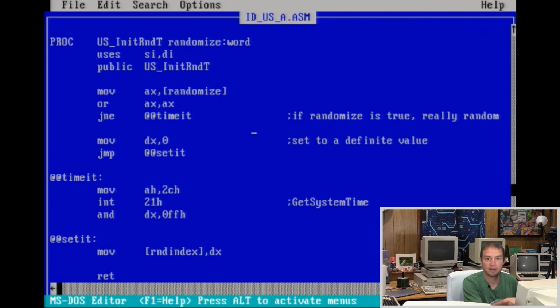And I got lucky on that grep with the 2ch. If that hadn't worked, I would have had to try like system, which wouldn't have worked, or time, which wouldn't have worked, or I would have get system time. Or I would have taken it to a machine with a more powerful grep and tried there. But either way, it doesn't look like something critical that I had to handle, so I thought, well, I'll leave